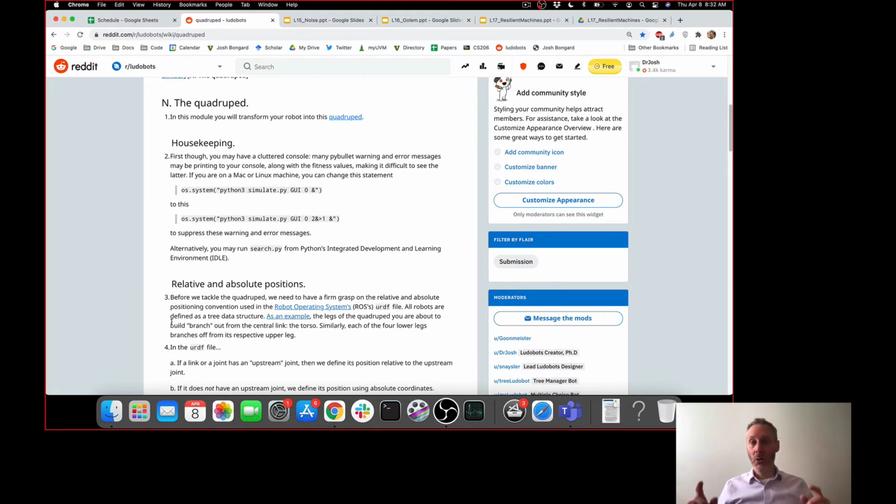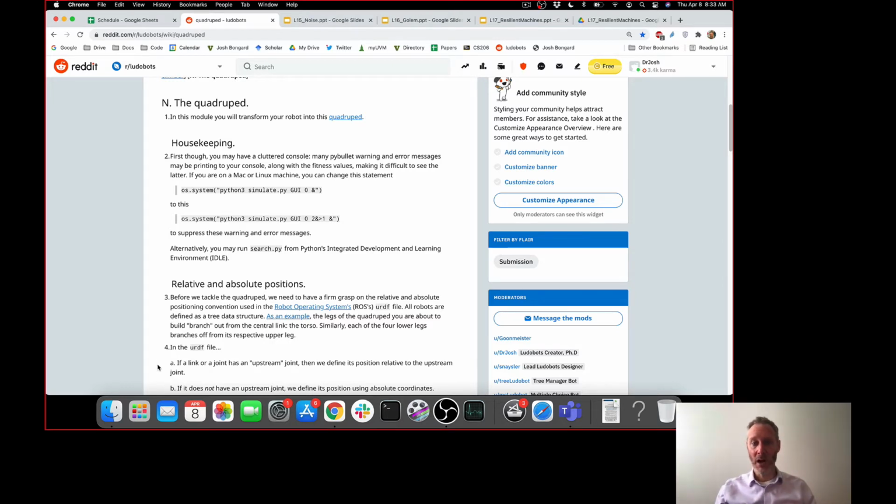Okay, so again, the two processes are communicating back and forth with files. Simulate.py can write out various messages to the console, and search is, not surprisingly, writing out the results of search. You want to see the values of all of the fitnesses of the parents and children. Simulate.py is maybe writing out messages about PyBullet or other aspects of sensors or motors or the neural network. But when these two are communicating, they're both dumping their messages into the same console window and everything's getting mixed